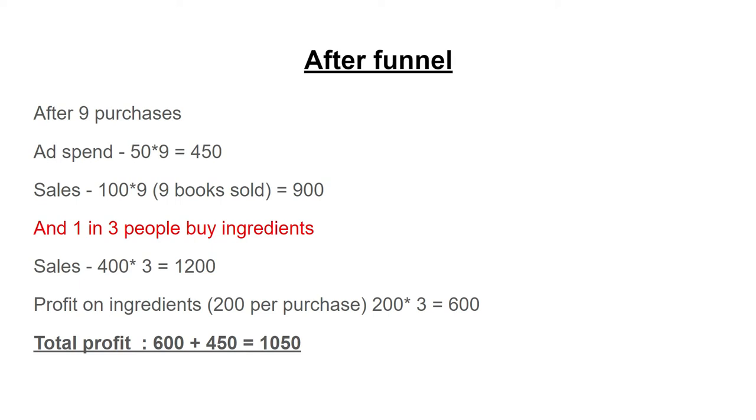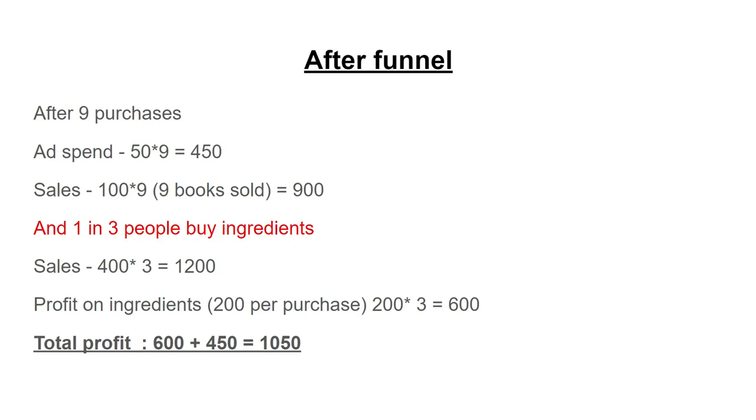The person who is going to make a pizza is also going to require all those ingredients which are necessary to make a pizza, and if you give him that particular thing just after he has bought this ebook, he'll be more than happy to take it. Why? Because that's the most logical thing to sell to that particular person, and that is the importance of a funnel. You are selling him the most required, necessary thing. Of course he'll need ingredients when he's going to make pizza, and we are going to sell him those ingredients, and that's the magic of a funnel.